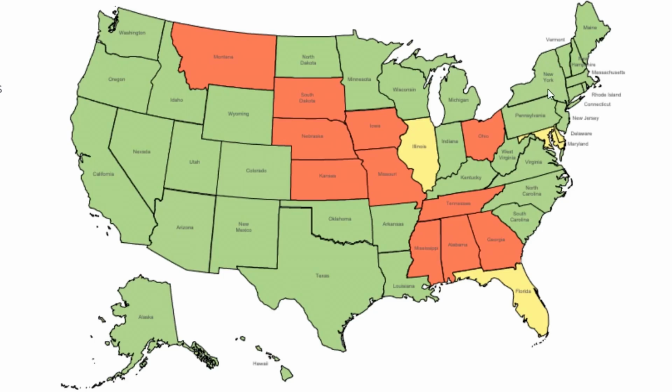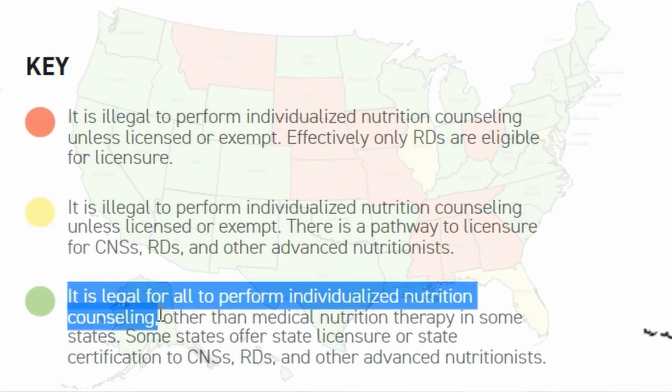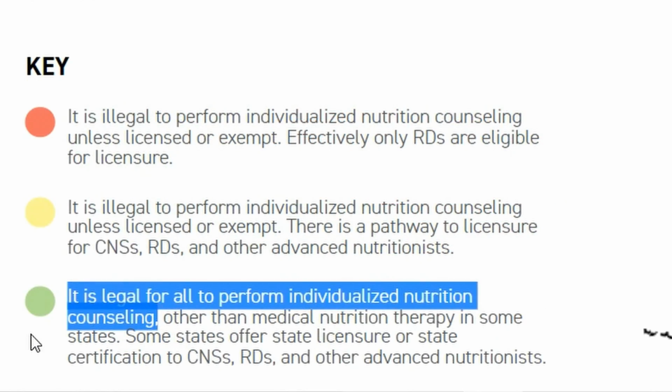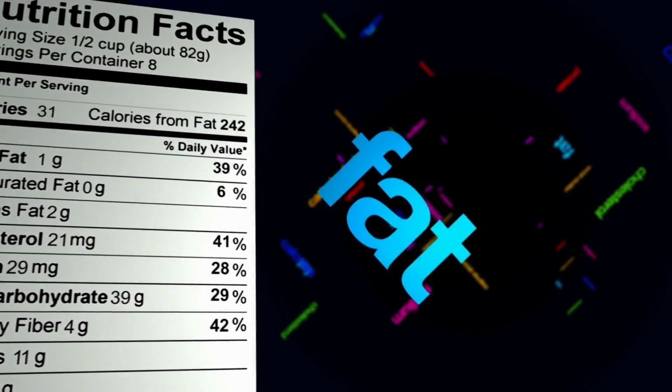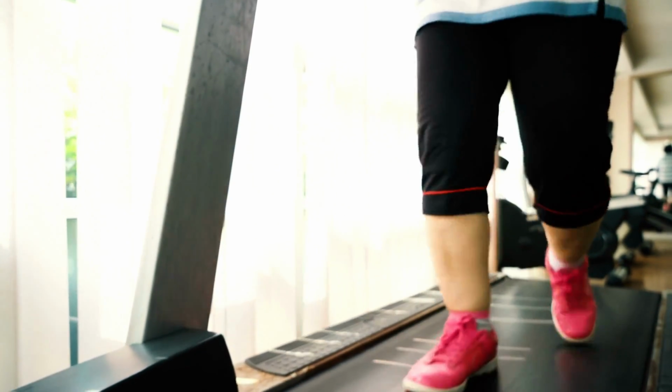The weight loss client has hired you to help them lose weight. Duh. For better or worse, weight loss mainly comes down to dietary habits. In certain states, like New York, which is a green state, you can legally give clients dietary advice. That means you can recommend calorie counts, macros, or most other things you deem important when it comes to helping that client reduce their weight. Having said all that, avoid sending meal plans to clients for multiple reasons.